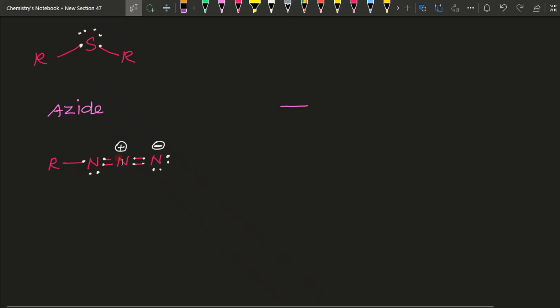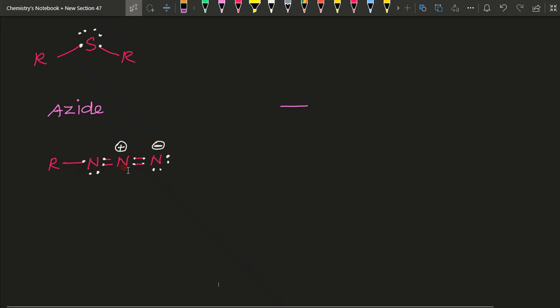Here again this nitrogen pulls the electron from this nitrogen, so this nitrogen again pulls the electron from this nitrogen. So this nitrogen attains a partially positive charge, this nitrogen attains a partially negative charge,